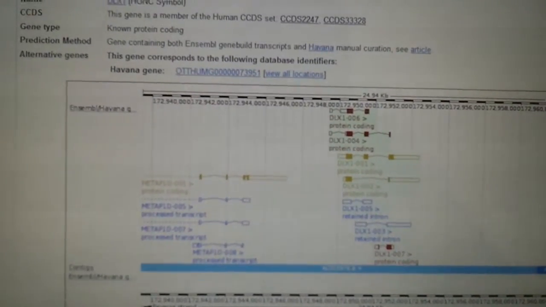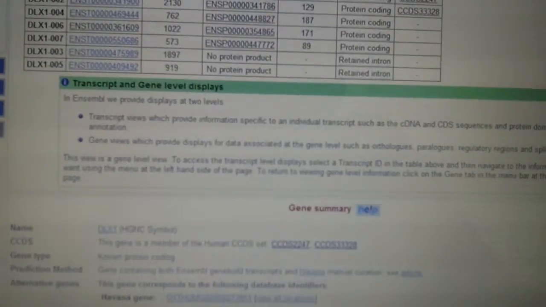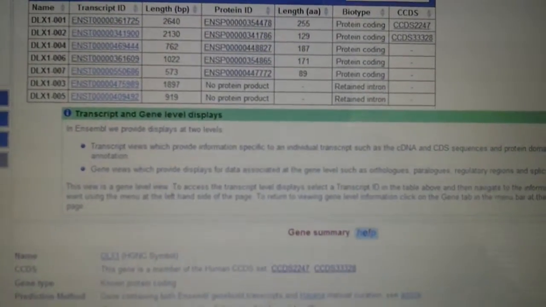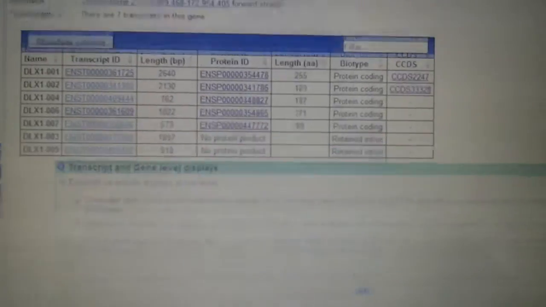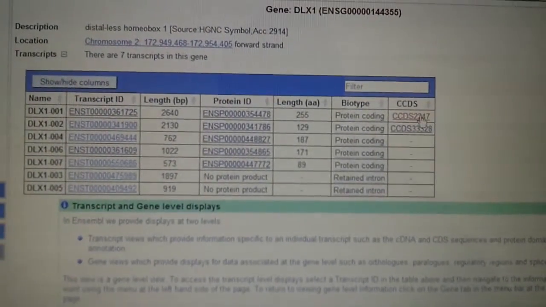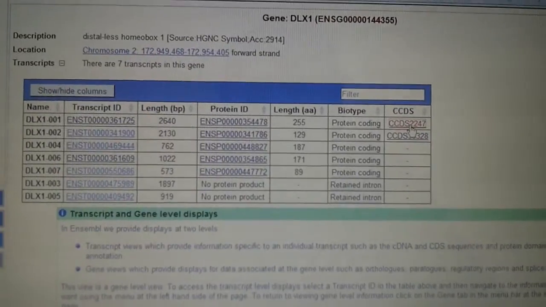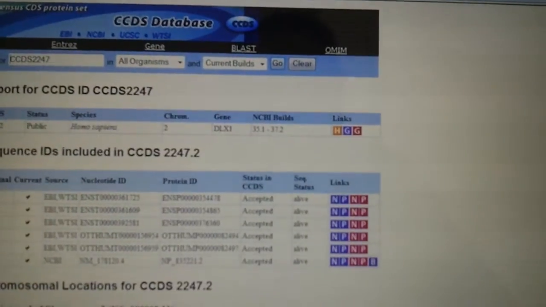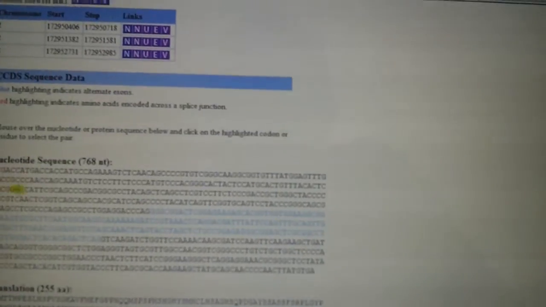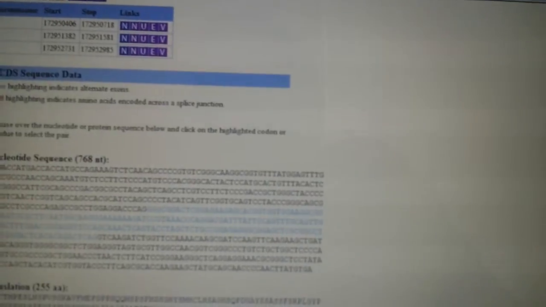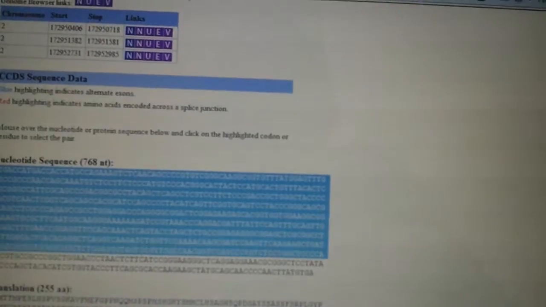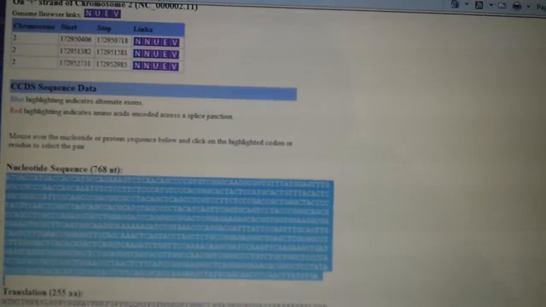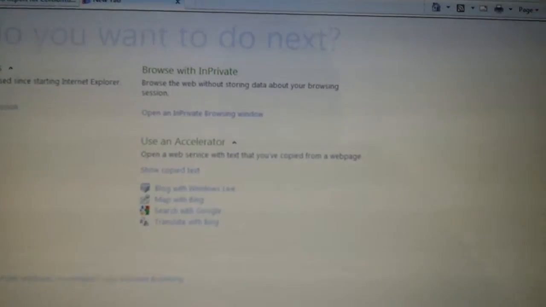And the only ones that seem to have coding of known origin, coding sequences, are DLX1001 and DLX1002. So what we're going to do is we're going to take CCDS2247, and we are going to click on that, and we are going to take the whole sequence, not just the blue part, the whole thing. And so we take that, Control C, and we're actually going to go to BLAST at NCBI's website,